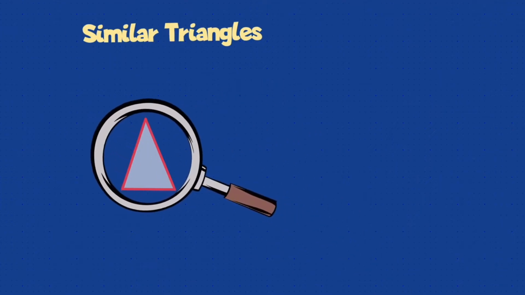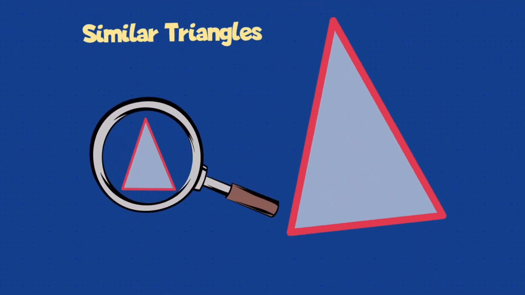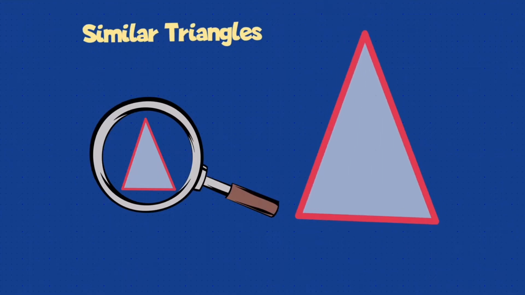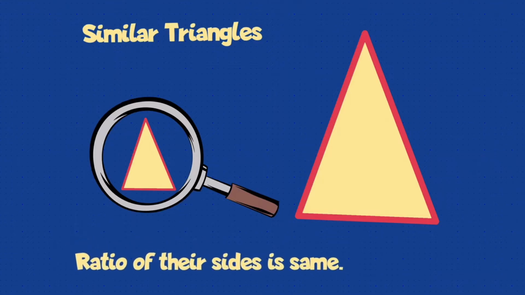Have you heard of similarity and similar triangles? So what is the difference between congruent triangles and similar triangles? How do you say two triangles are similar and two triangles are congruent? Take a triangle and look at it in a magnifying glass. It will increase its size and look big. That is when I'll say the two triangles are similar. What is happening? The small triangle gets amplified. So what is the result of that? The ratio of their sides is the same, because you are just seeing an amplified version of the same triangle.